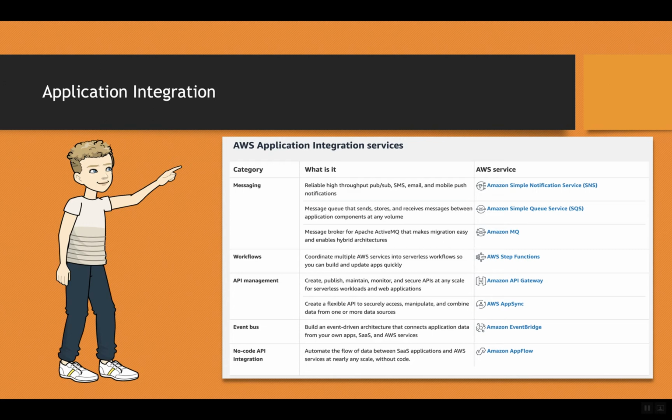Amazon Simple Queue Service is for SQS, and then Amazon MQ. So what is Amazon SNS? Amazon Simple Notification Service. It is a reliable, high throughput, publish and subscribe service for SMS, email, and mobile push notification. So if you have to send an SMS, email, and mobile push notification, you have to use